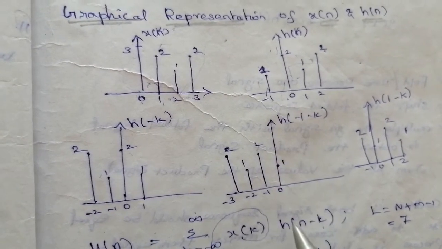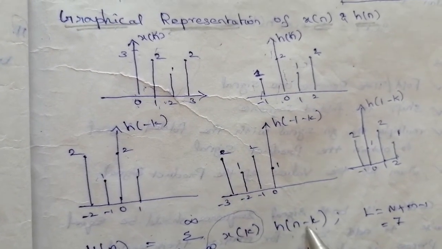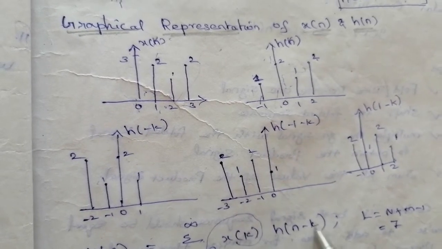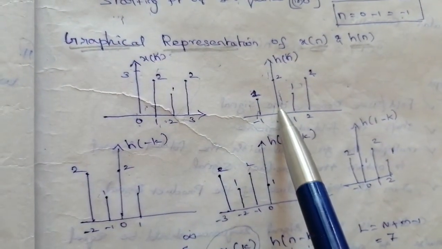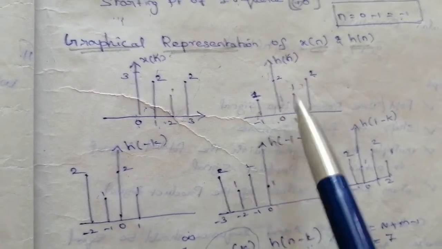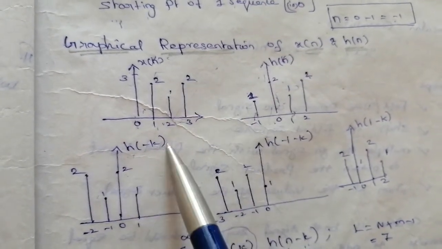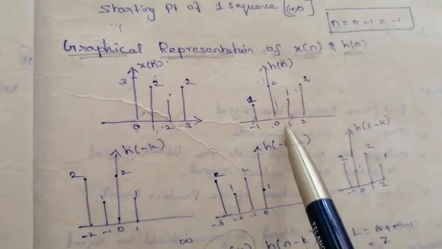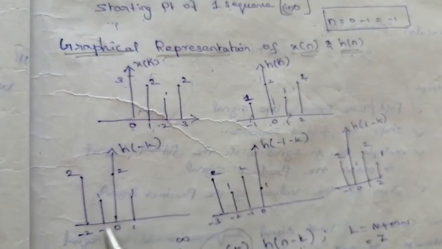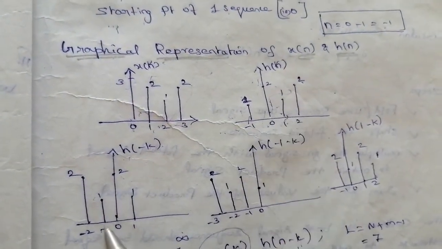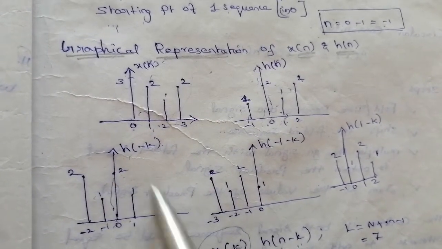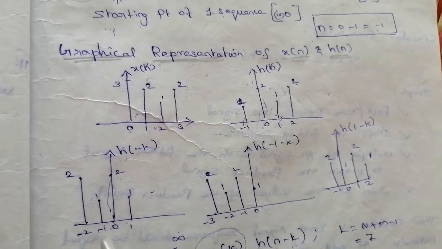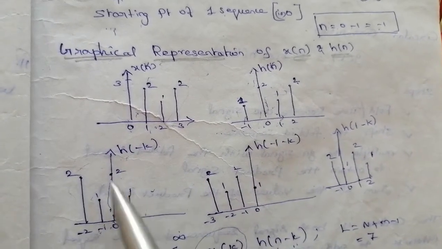So for that we have the diagram of x of k, then h of k. So we can convert this h of k into h of n minus k. For that, first draw the h of minus k diagram. So h of minus k is the reverse of h of k, that is the image. So to redraw the h of minus k, this minus 1 goes to plus 1, this plus 1 goes to minus 1, plus 2 goes to minus 2. So the h of k is redrawn as h of minus k. That is, 0 is common, the positive side goes to the negative side and the negative side goes to the positive side, and we get the h of minus k diagram.